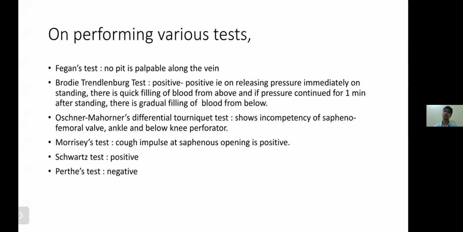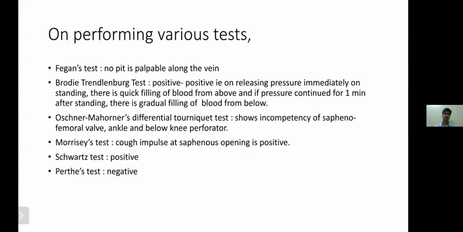And as such, it is not good nowadays. All of the standard textbooks do not recommend these tests. Even Bailey and even Indian textbooks like SRB do not recommend these tests. They have given these tests just for the basis because they are of historical importance. But you can always get out of it by saying, as I said, that these are uncomfortable and not required because duplex is an extension of our clinical examination. That is how you get out of it.